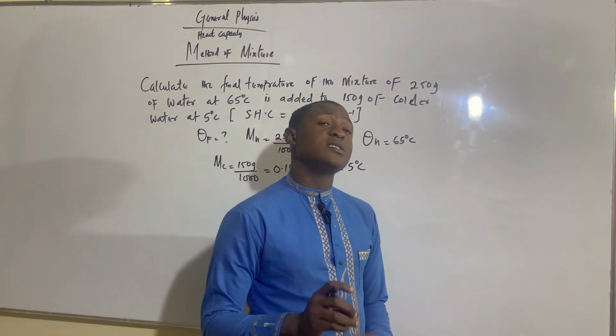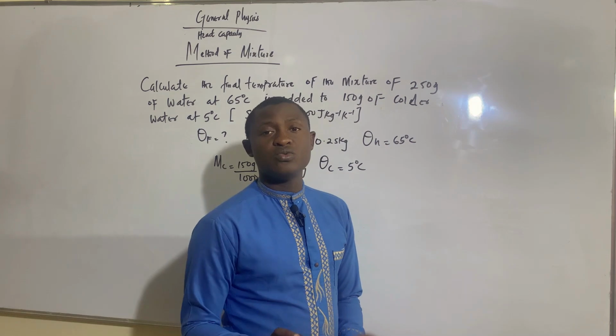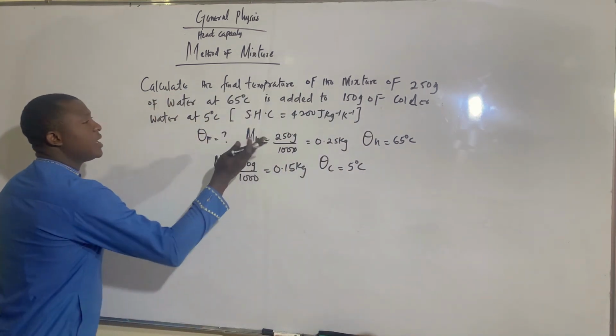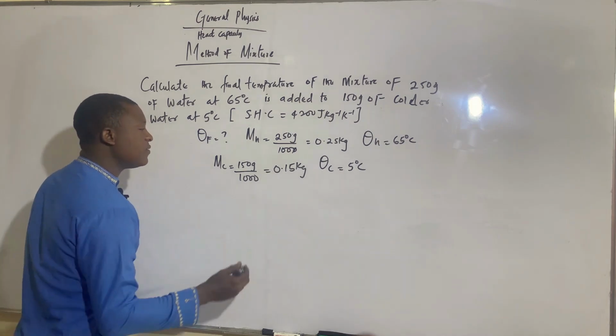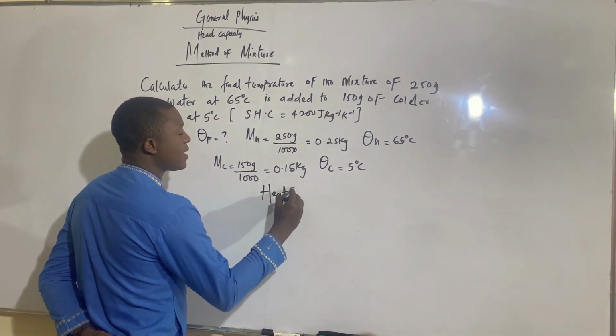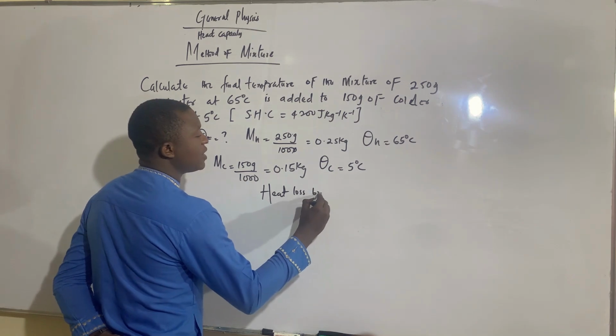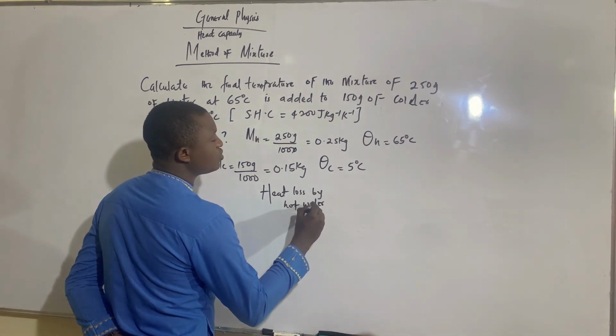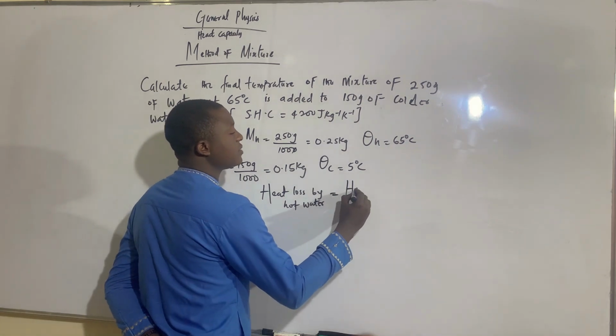But if the value of your mass is in gram, you must convert the mass to kilogram, from gram to kilogram. So we have all the data, so you can just apply the formula. From the formula we say heat loss by hot water must be equal to heat gain